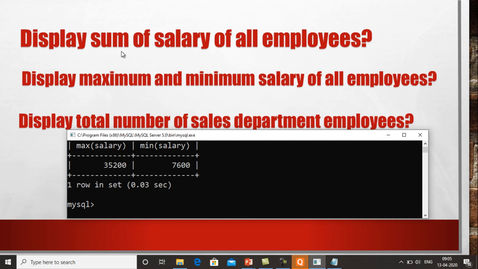Okay. So select. Now we have to find the total number of employees. So count, and within the bracket we write star because we have to count the total number of records from employee where department is equal to sales.